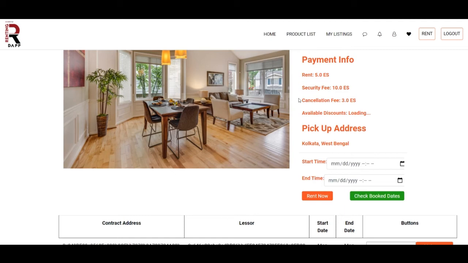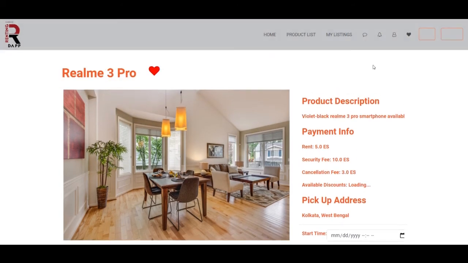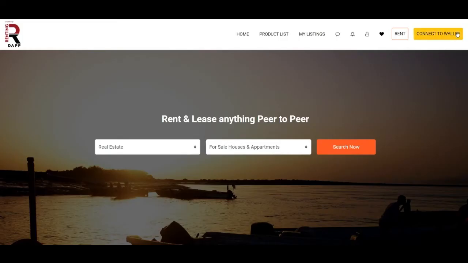In case there is a dispute, there is a condition in which the owner says there has been damage caused, but the one who actually used the product for that time is not agreeing with the fact that there has been some damage caused by him, so that actually results in a dispute which has to be handled by them separately. So yes, we will do it for the process in which there requires a penalty. So again, I'll log out and I'll log in with the owner's wallet.